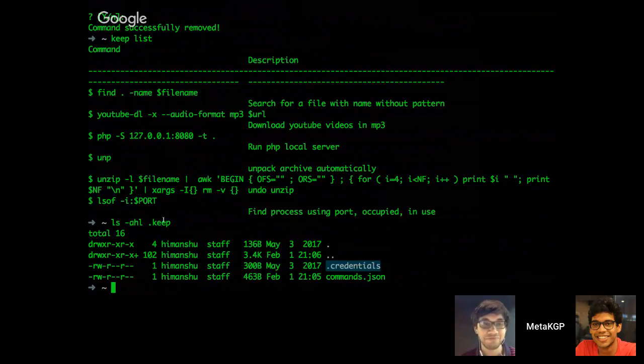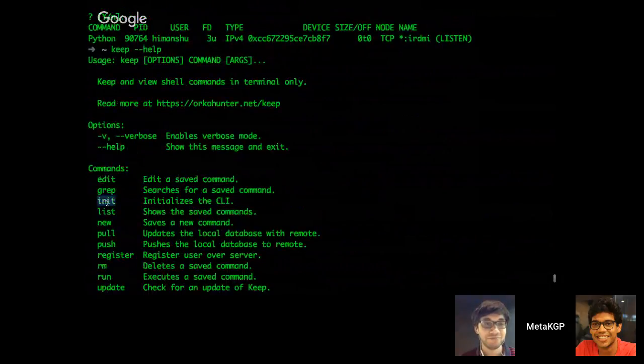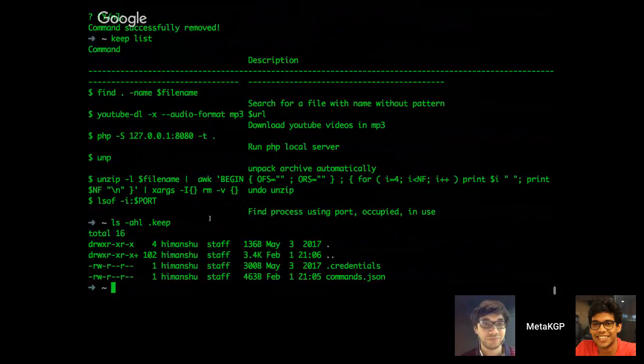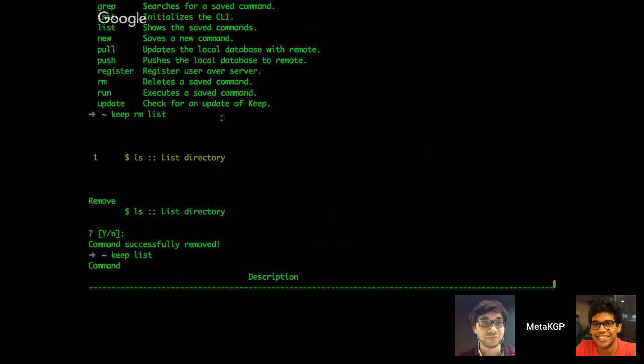It's kind of like a secret which you have. All you need to do is run keep init, and it will generate this key for you. Then on the other computer, just create this directory, put this dot credentials file in it, and run keep pull. It will check the server. The server is a local Heroku app which I have, and you can also do keep push,